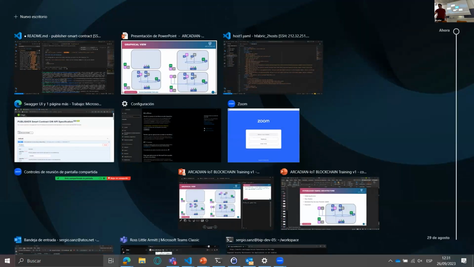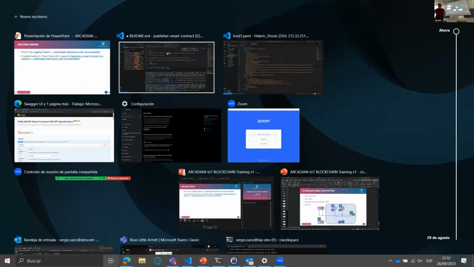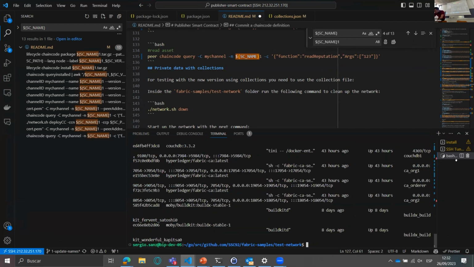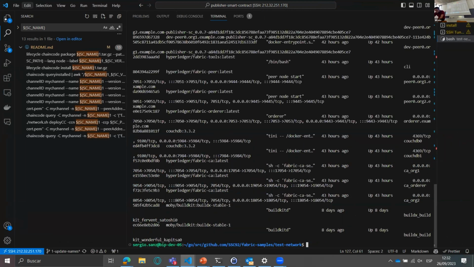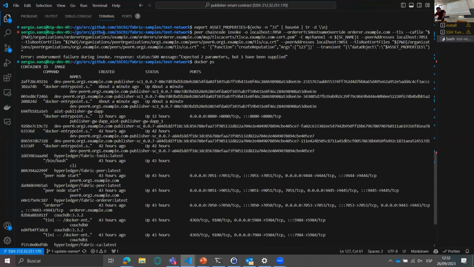And after that, we go to solving issues. Most common issues are solved by looking at the logs of the containers. Sure, I can show you what the containers deployed are. And as you can see, we got